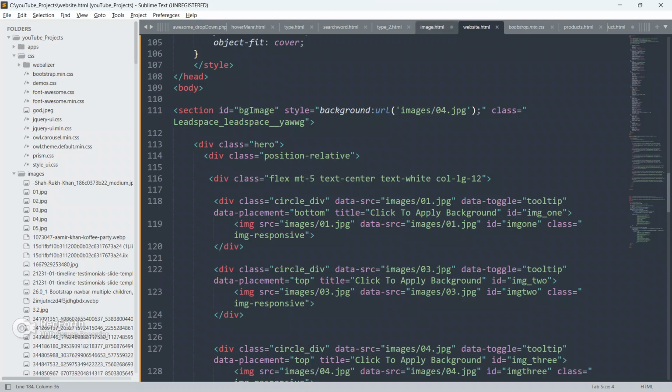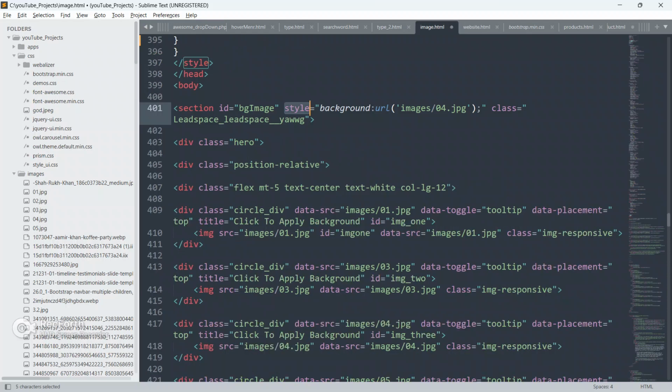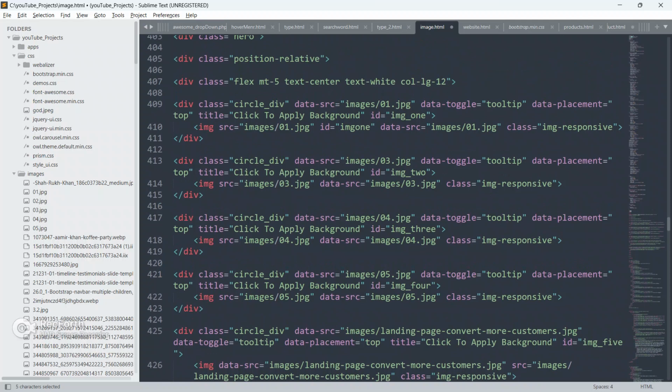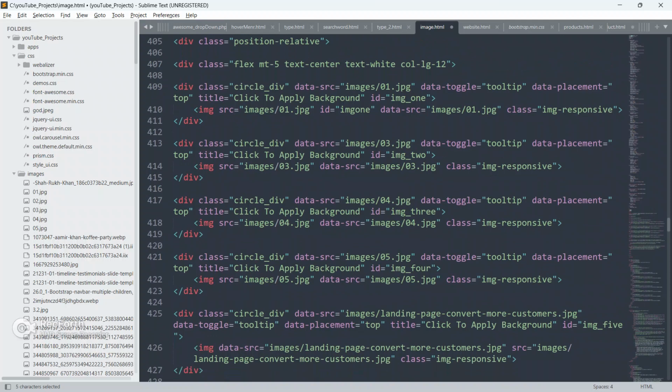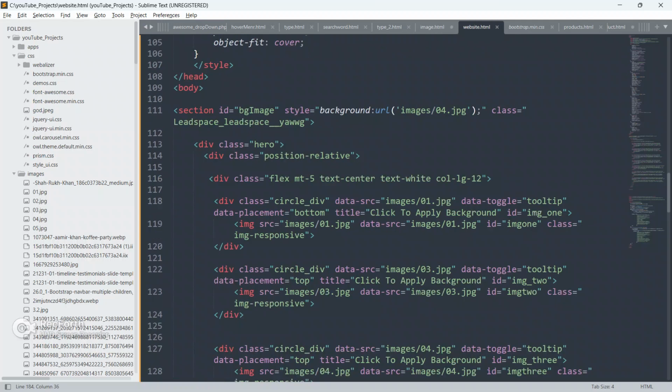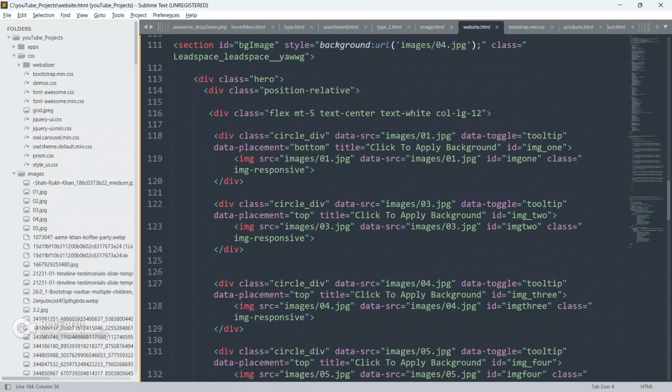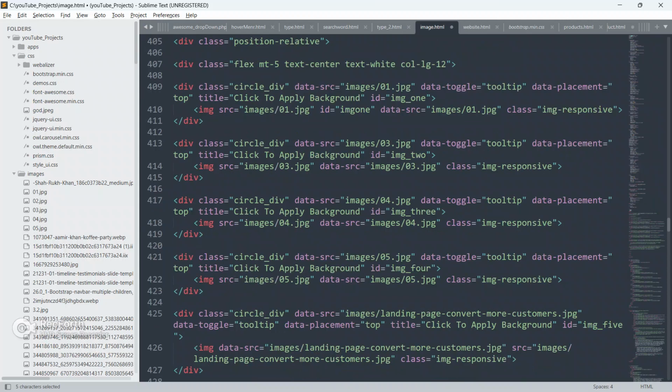Everything is fine, then why are we not able to see the images, guys? Okay, we just made a mistake.